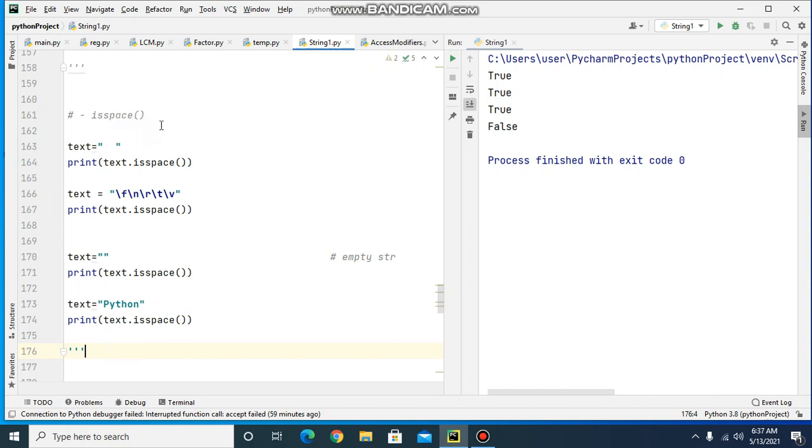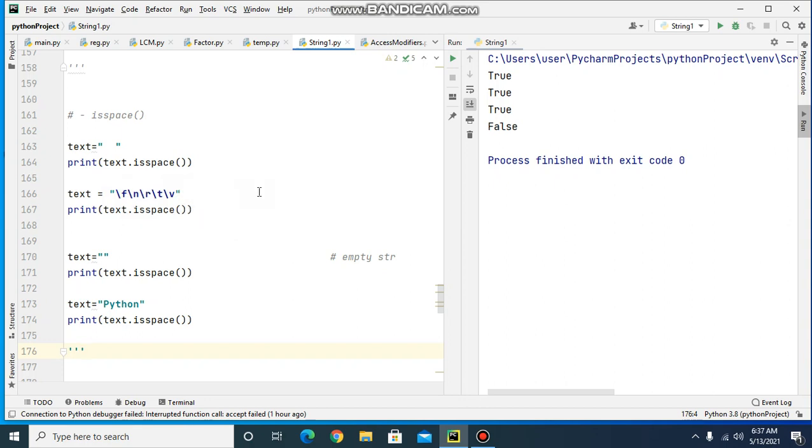Now we will check the isspace method. This isspace method will check whether characters in a string are white spaces. So here we are having spaces, so it will return true. And in this text we are having form feed, new line, carriage return and tabs. Here also it will return true.